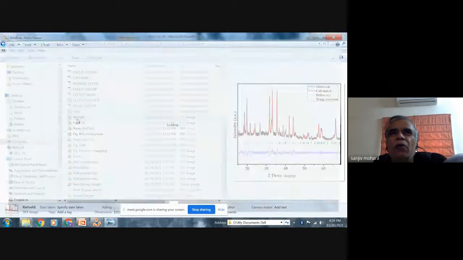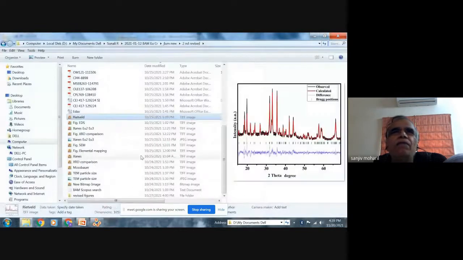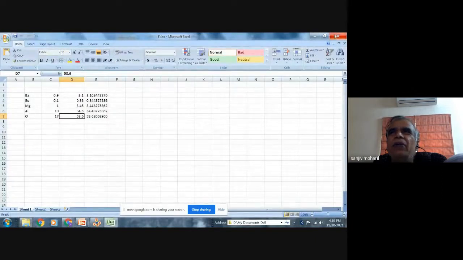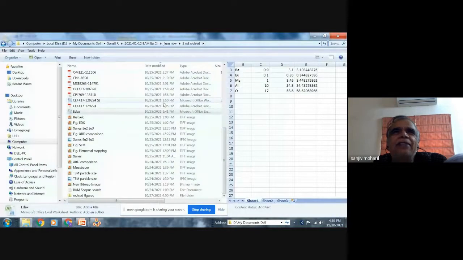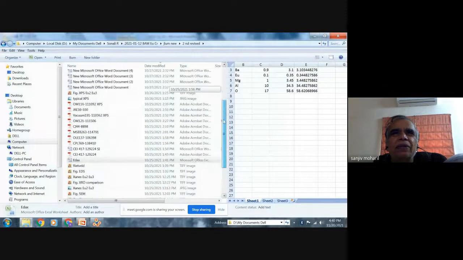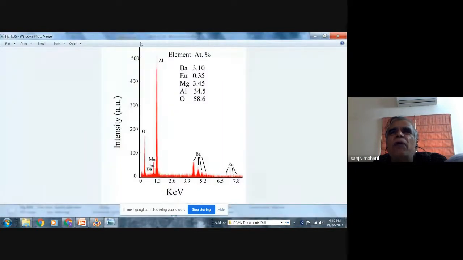Yeah, I talked to you about the Rietveld. This is how Rietveld is done. Then we wanted EDAX. So this is what we get, percentages of various elements in EDAX. This type of spectra we get, intensity versus the energy, and each line is characteristic of a certain element.